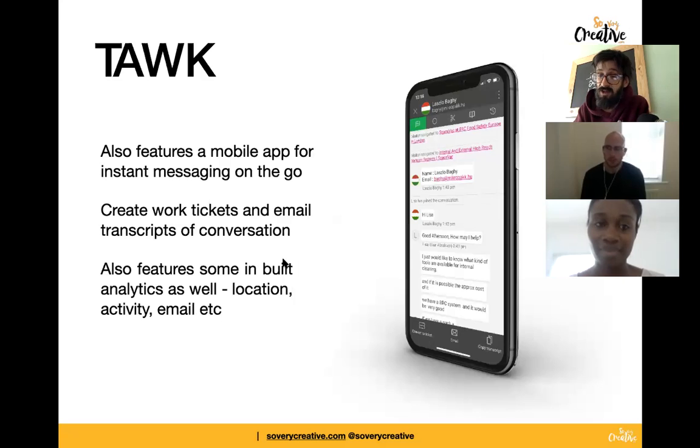Obviously, it comes with a really useful mobile app, so you can administer it and work within your browser if you're on a desktop or a laptop. But one of the key things for me is this mobile app as well. Seb, you mentioned if you're out on the road doing a removal job or something like that, you're not going to be able to sit in front of a laptop and take inquiries. But what you do is, when someone